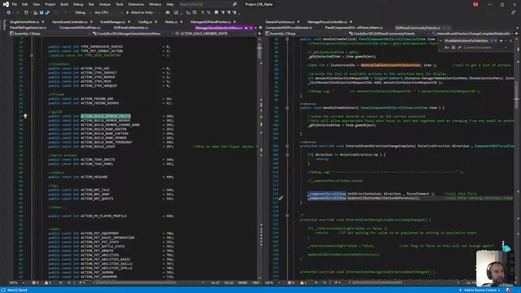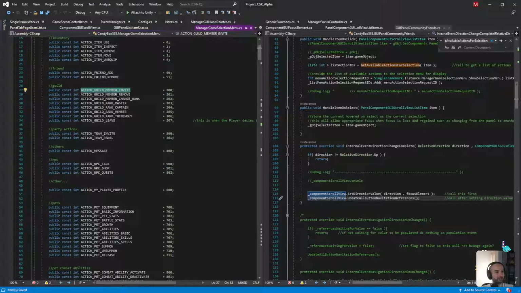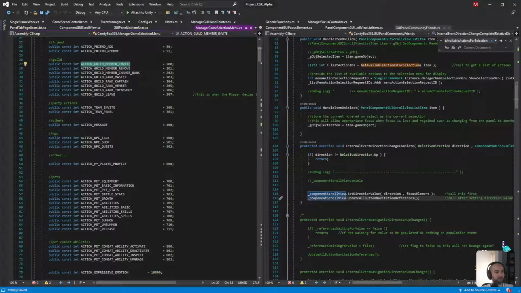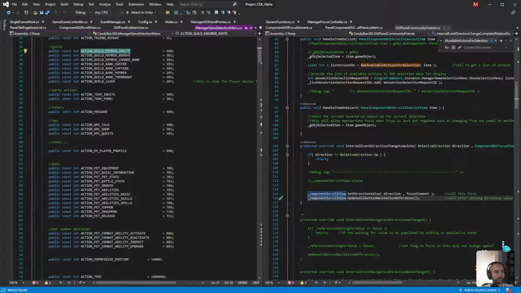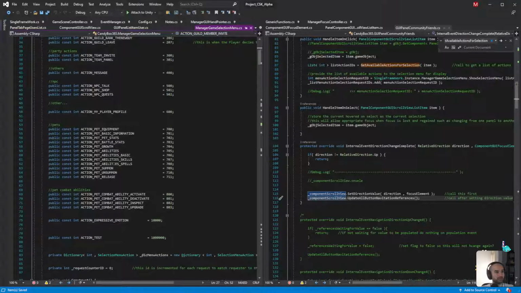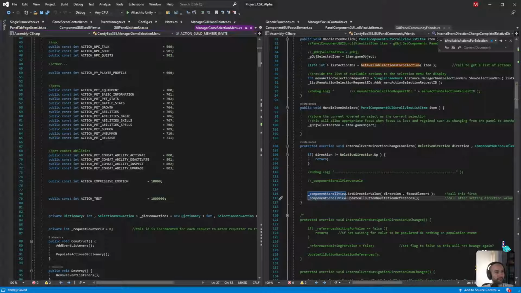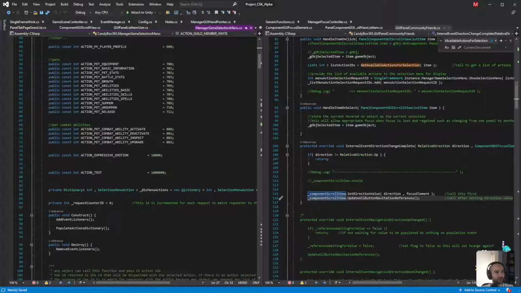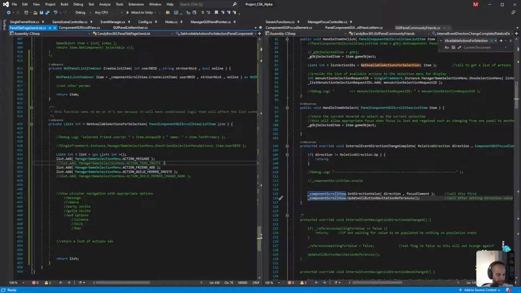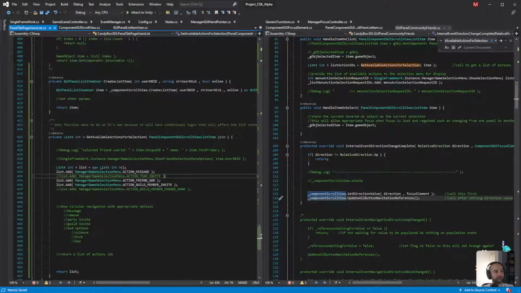Inspect, move, equip. No. Guild member invite. Leave, no. Team invite, don't need that here. Message, yes. Don't need the NPC stuff. Don't need the pet stuff. Pet combat abilities, no. And test, yeah. No, I think that's fine for now. In terms of actions to perform when you select on that individual, I think that's pretty good.